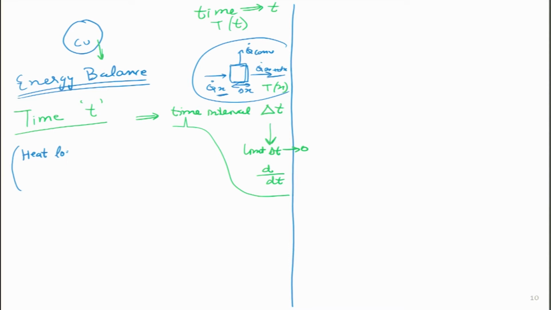What is the heat lost by the copper ball during the time interval delta t, right? Which means essentially I am asking how much heat transfer has taken place. How much heat transfer takes place in delta t time, which means now we are not talking of the rate, we are actually talking of energy, or the amount of heat.